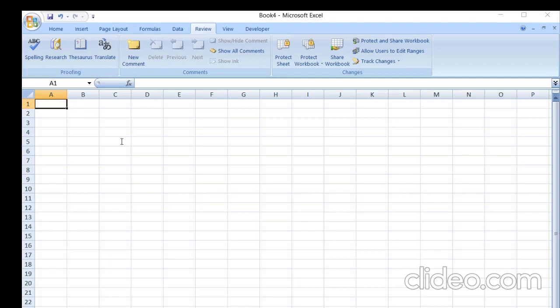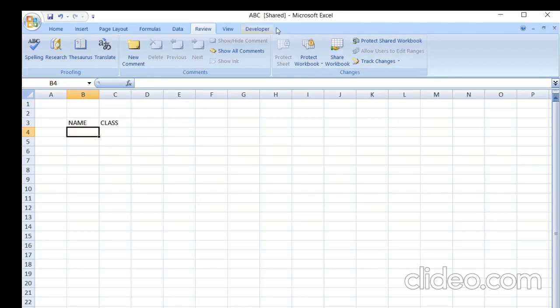Any name you want to give? I am giving the name ABC. Any name you can give. See, now I am writing here name, class. You can see I am sharing this file.